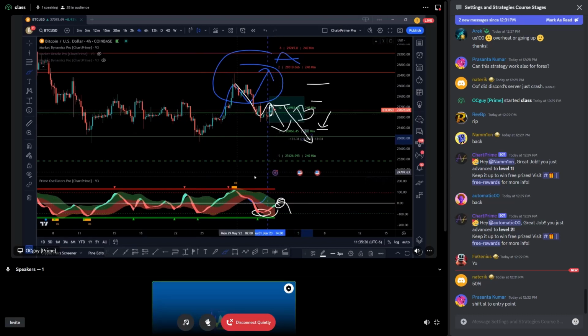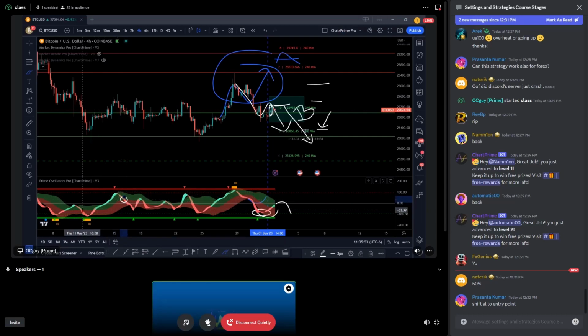But the important part in here is that the ribbon, it is right now at the green cloud. Remember, that the green cloud, it means that we're mostly in upwards momentum, right? So most of the times we're either gonna be ranging or moving up. If we see it ranging on green flag, well then as soon as we're getting close to flipping back into the red, just get out of that trade.